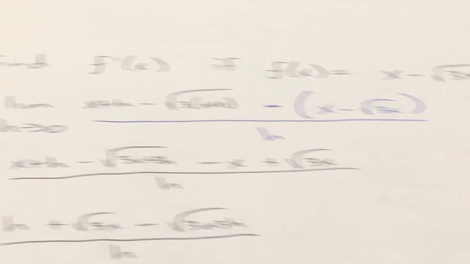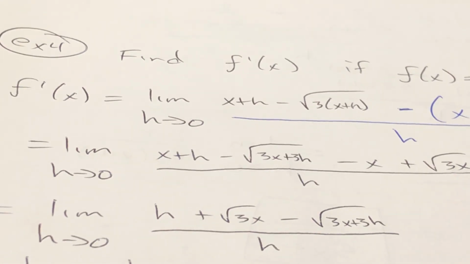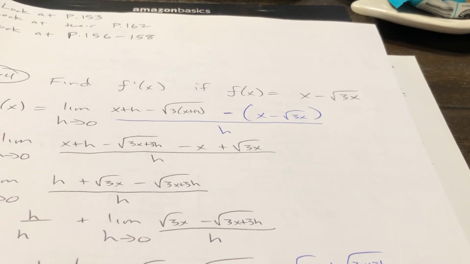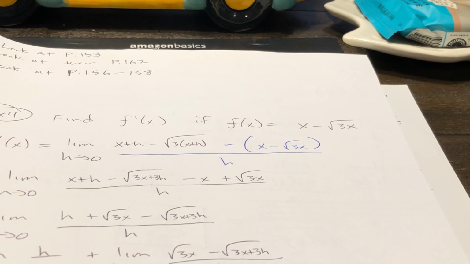Let's end it with finding 2 derivatives right here. This is good for a certain homework set. Find f prime of x if f of x is x minus root 3x. This one, I hope we pay great attention to. Hint, hint, wink, wink. Again, you'll be able to do this derivative in like 15 seconds in less than a month. So